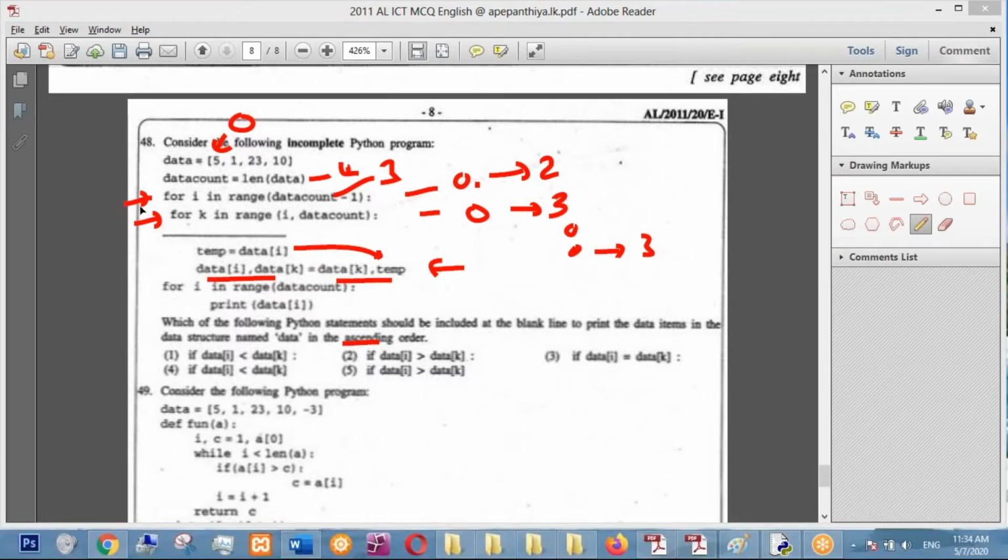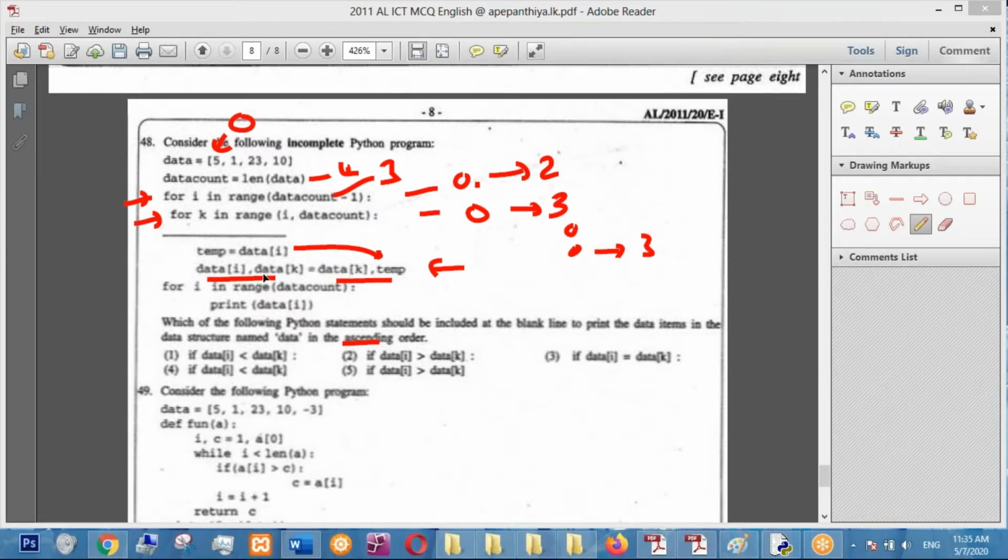And that is the outer loop, and this is the inner loop, which will move from 0 to, because i initially is 0, so this will also be 0 at the beginning in the first loop. It will go from 0 to data_count, which is 4, but it goes only up to 1 less than that, so it goes from 0 to 3. Okay, so that's the inner loop, right? And then I also told you that this is where you put the value of data[i]. Data[i] will be, at the beginning, data[0]. Data[0] means this 5, right? So 5 will be put into temp,